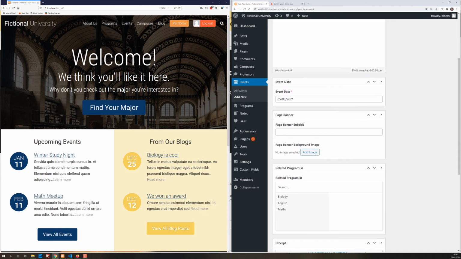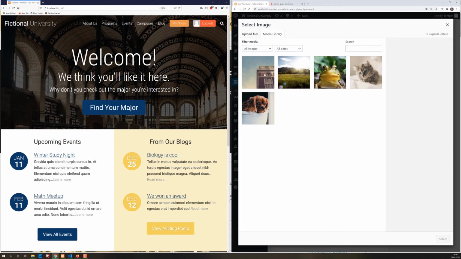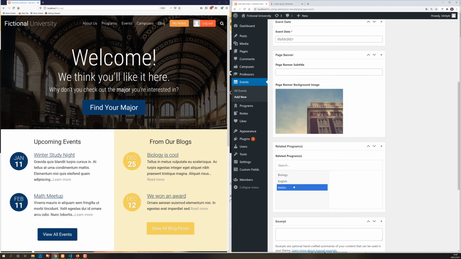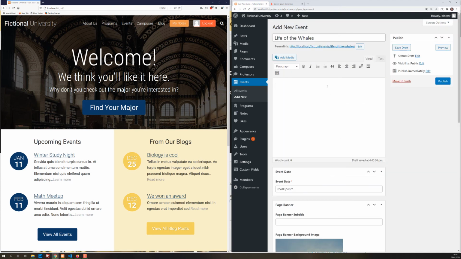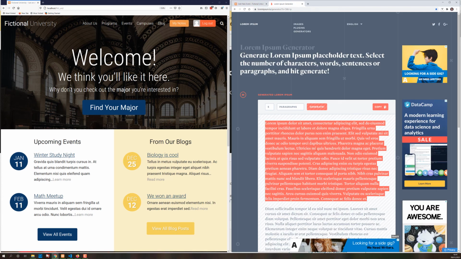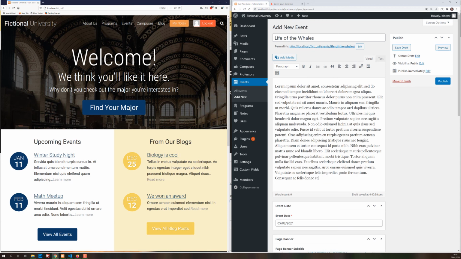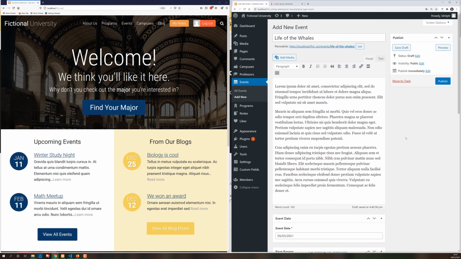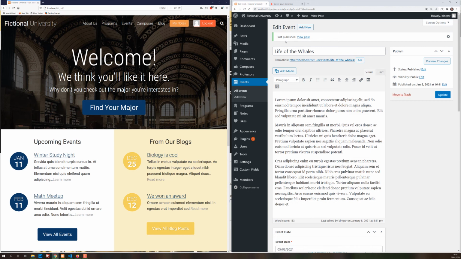This is also another custom field that we created. We can add a picture to it, and you can relate it to biology. And we can also just create some text here, and space it out a little bit to make it look better. And then publish it. Let's remember it was March the 5th, I think.